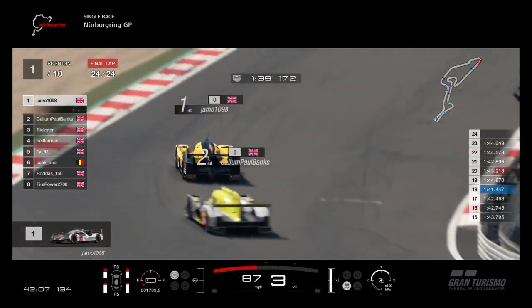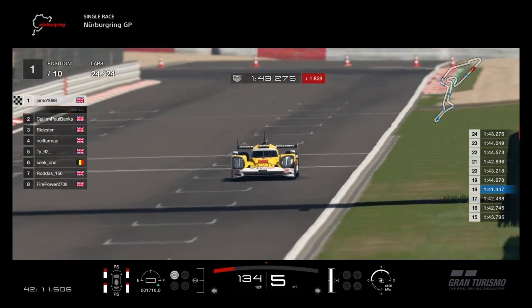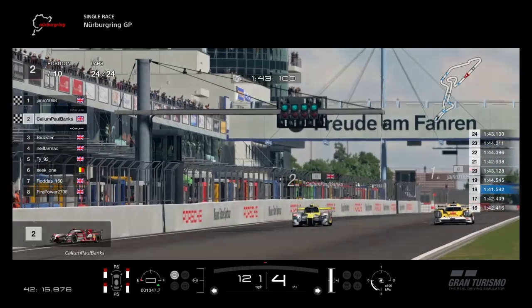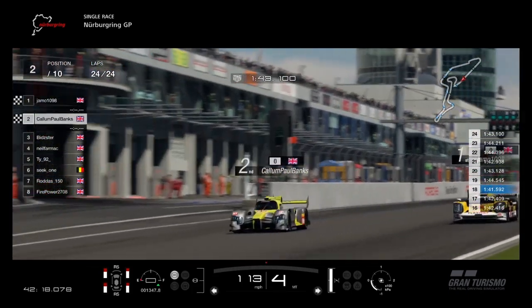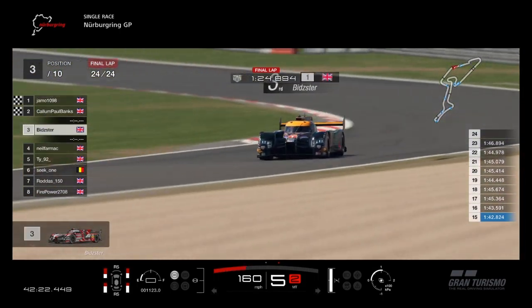So Jamo is going to come through to win this race. Well done, Jamo, you've won a race. Jamo wins in the Porsche. Well done to Jamo, wins on Porsche home ground. And then Callum in second place on Audi home ground as well, because they're both German. So it's Callum in second, and it's going to be Bidzster in third